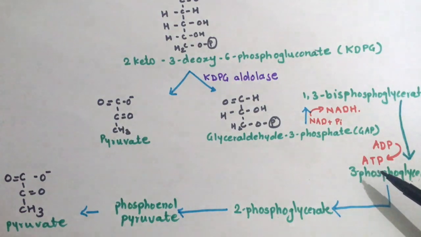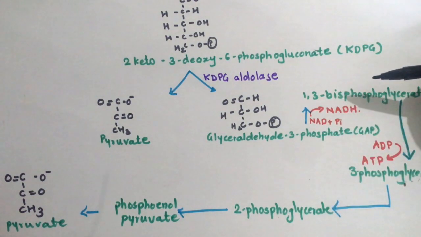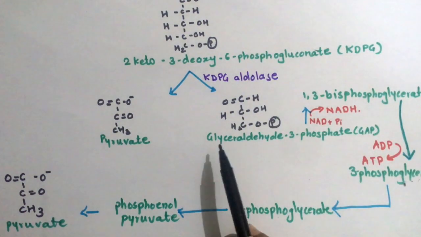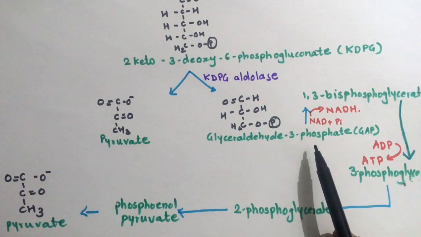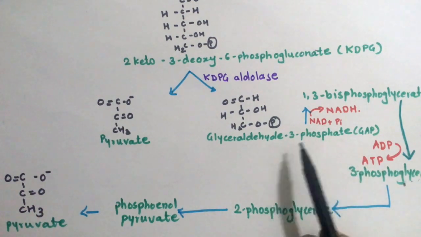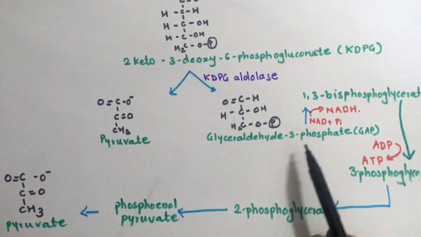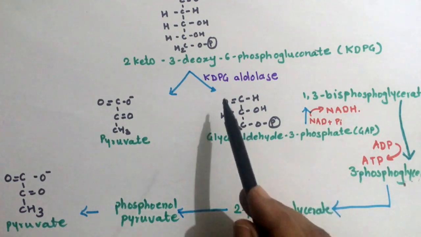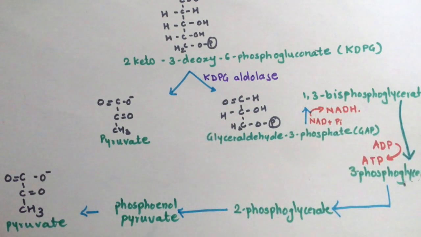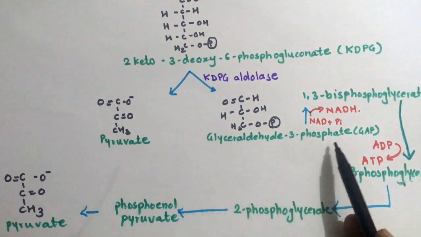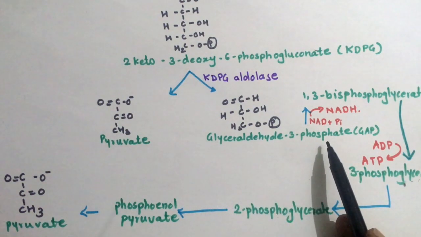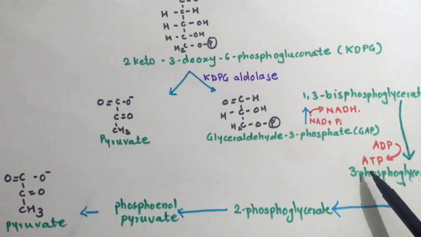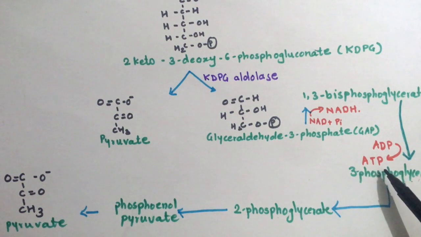Now in these steps, you need to understand that when glycolysis takes place, from one glucose molecule, 2 molecules of glyceraldehyde 3-phosphate were generated in glycolysis. But now in this ED pathway, one pyruvate is generated and one GAP molecule is generated. So all these reactions will not be multiplied by 2, as it is only one molecule of glyceraldehyde 3-phosphate. So all this will be only one. Now here only one ATP will be generated and not 2 from one glucose molecule.